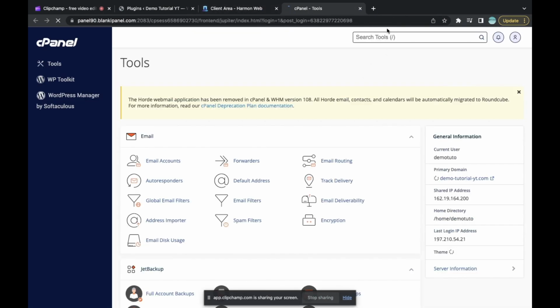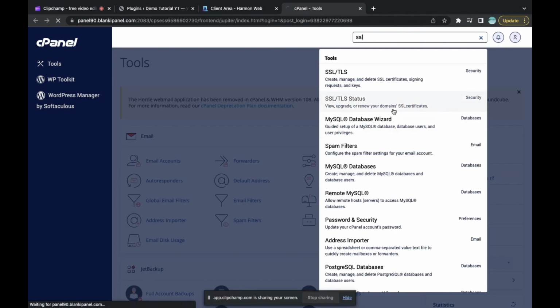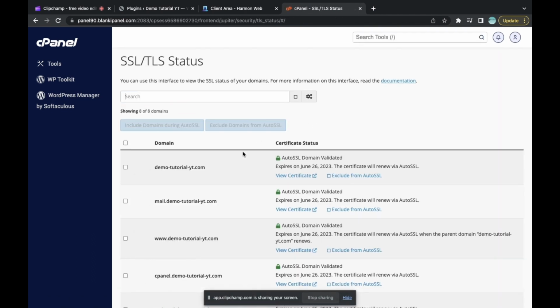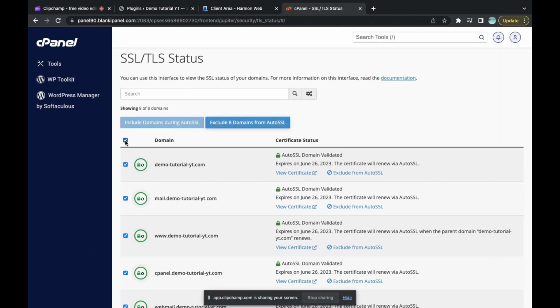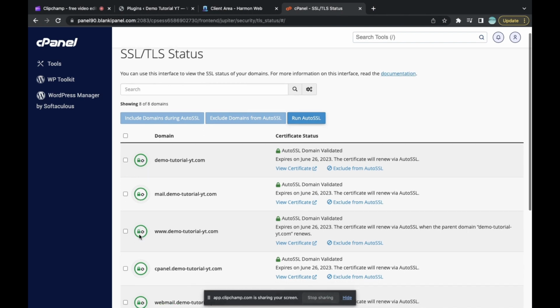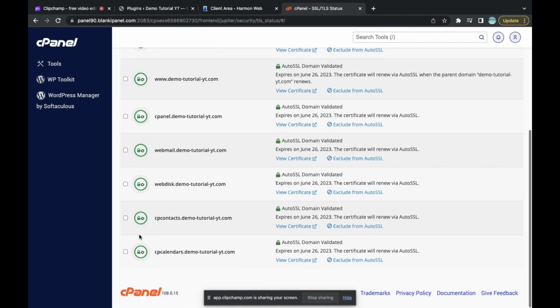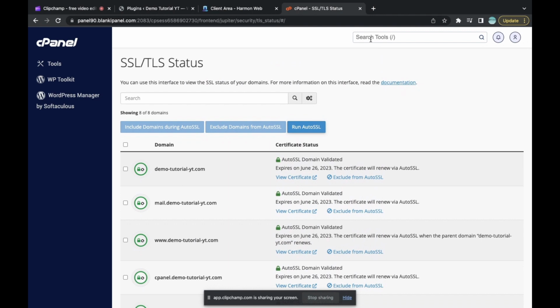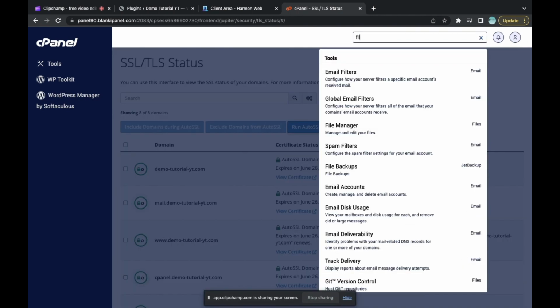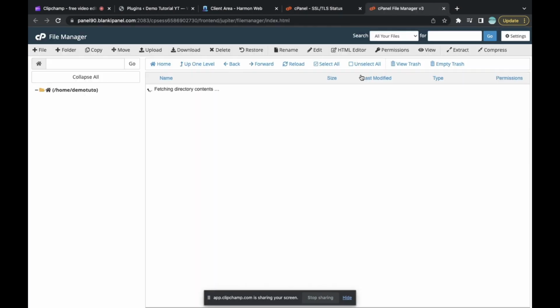Now, if you want to install an SSL certificate on your domain, you have to search for SSL status. When you search for SSL status, you click on it. Then you click on this to select both the domain and the domain alias. Now then you click run SSL. But you can see this is showing green, which means that SSL is already installed on these domains. So the next thing I need to do is go to file manager